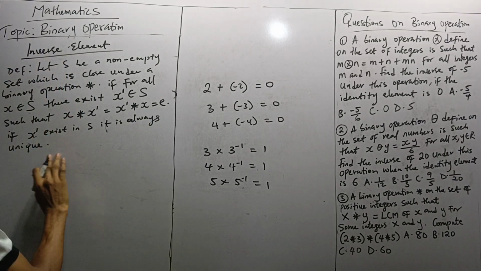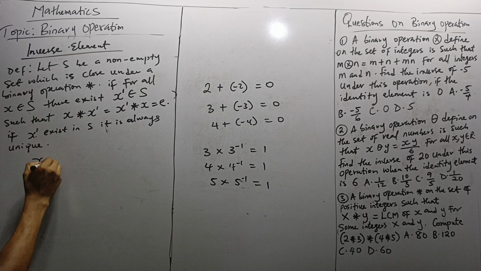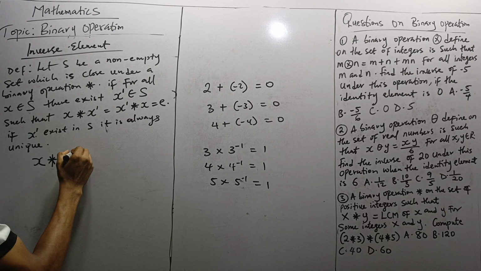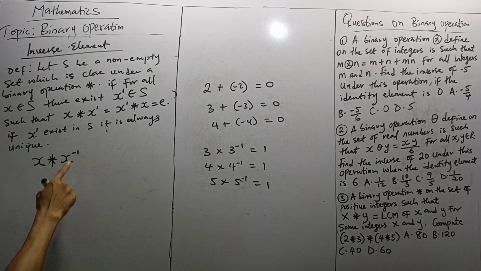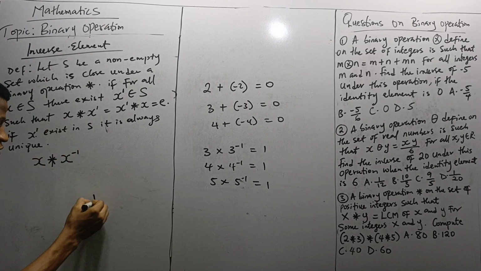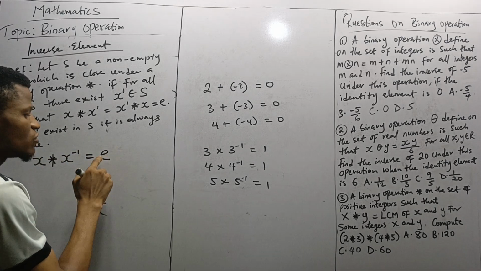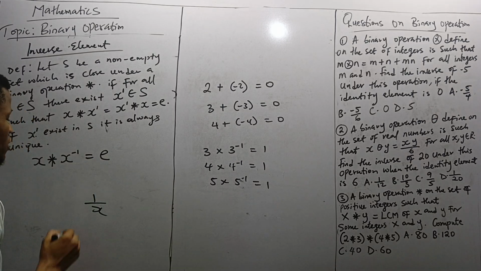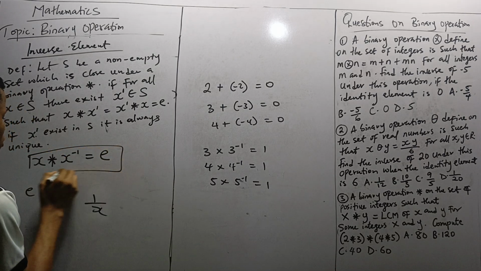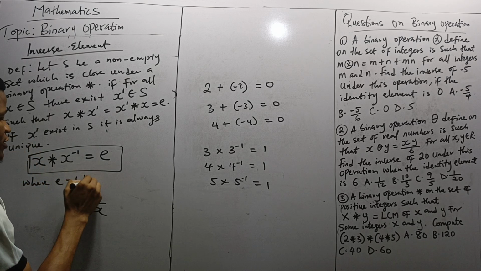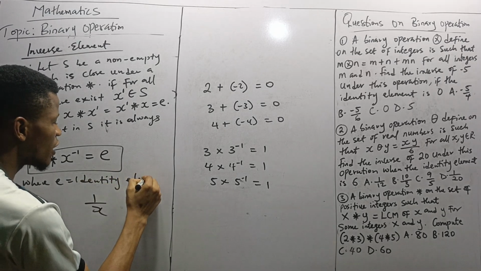All right. So in a nutshell, the summary of all these things is that if x is a certain element under a certain operation, whenever it's combined with its inverse, and at this point I will start using x raised to power minus 1 as the inverse. Now this x raised to power minus 1 does not necessarily mean 1 over x, which we always know it to be. It's just a symbol for representing the inverse of x. It will always give us e, where e is the identity element. So this is the actual definition of inverse element, where e equals the identity element,